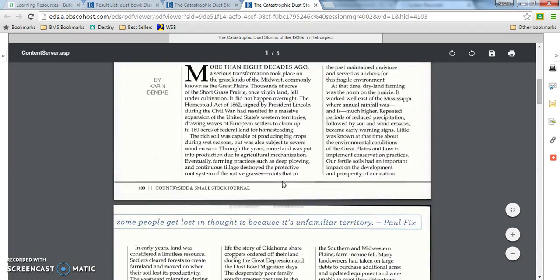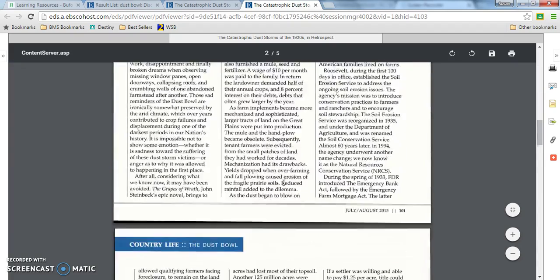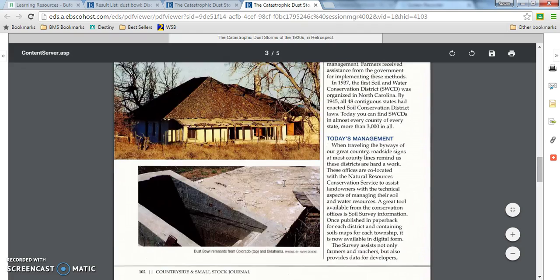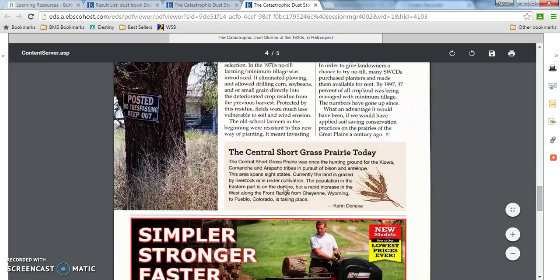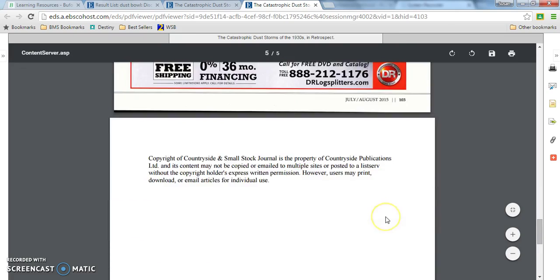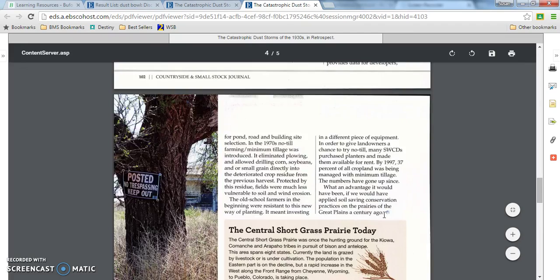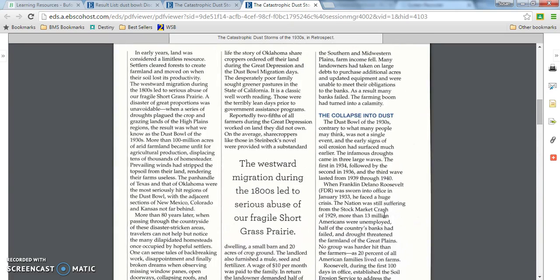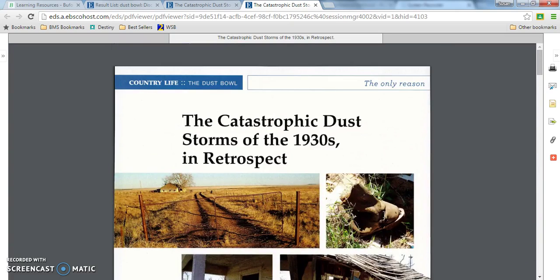This is 5 pages, and you can look through it and see if there's anything in there that will be helpful for you. You even get the ads in there. Alright, so now, after you've read it and you look at it and you decide, oh, that is something I can definitely use and help for my research,